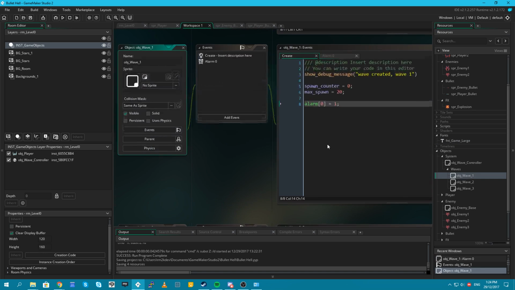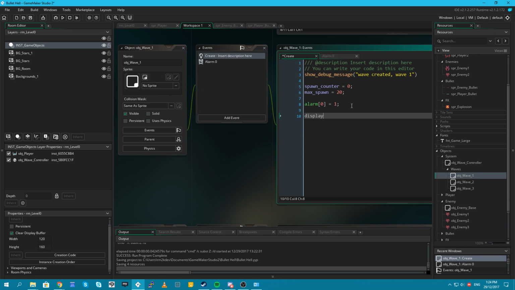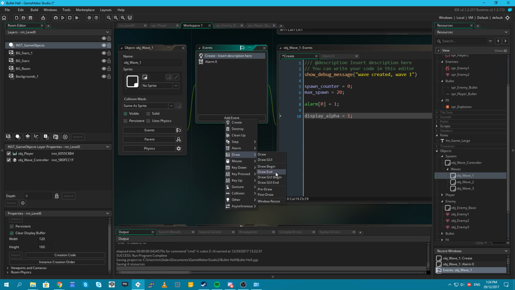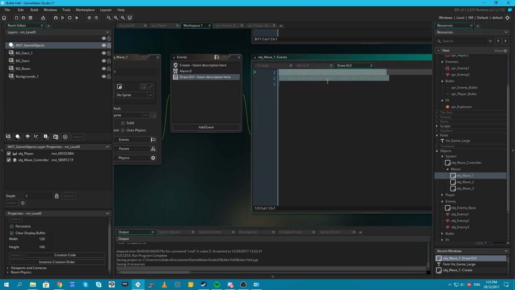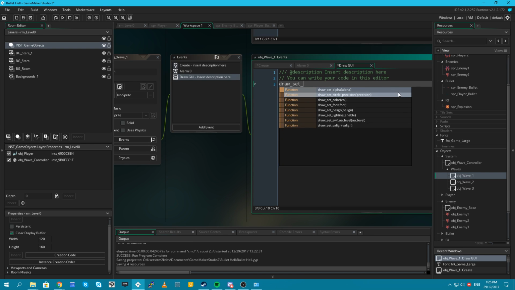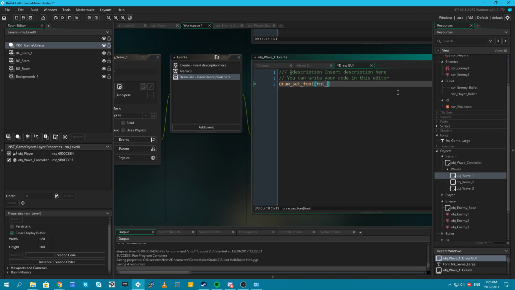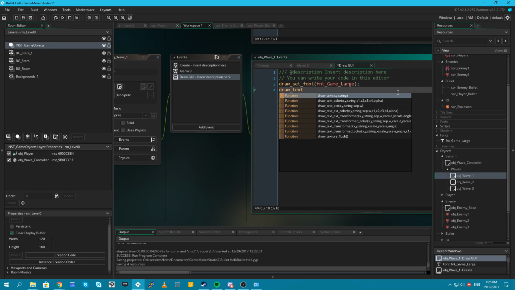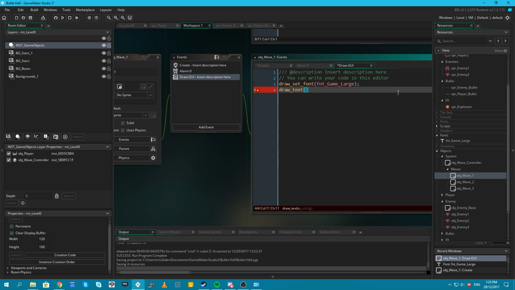In our wave controller, in the create event, display alpha equals 1. Then in our draw GUI event, we will draw text. So draw_set_font fnt_game_large, then draw_text at 0, 0, and the string is just going to be wave 1.